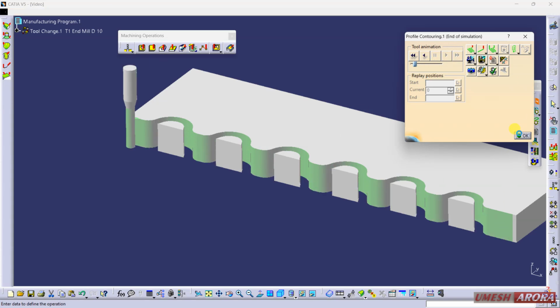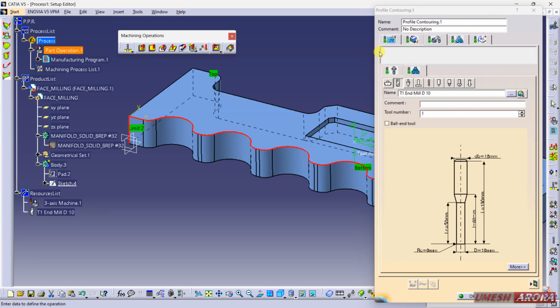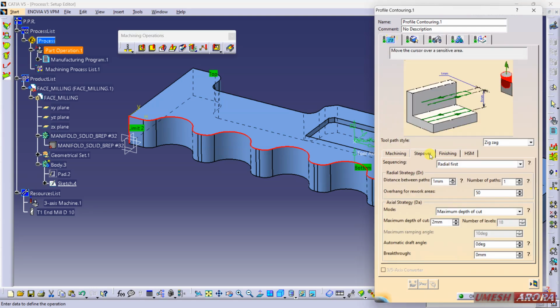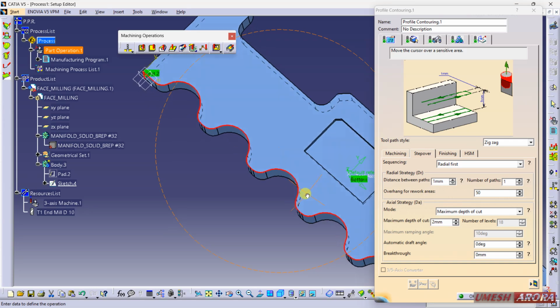Okay. Now for radial direction, again come to this strategy, and here is the radial direction. Number of passes in x or y direction. So this is y direction, means horizontally. So I'm adding it like 6 or 7, and the distance between this is 4.